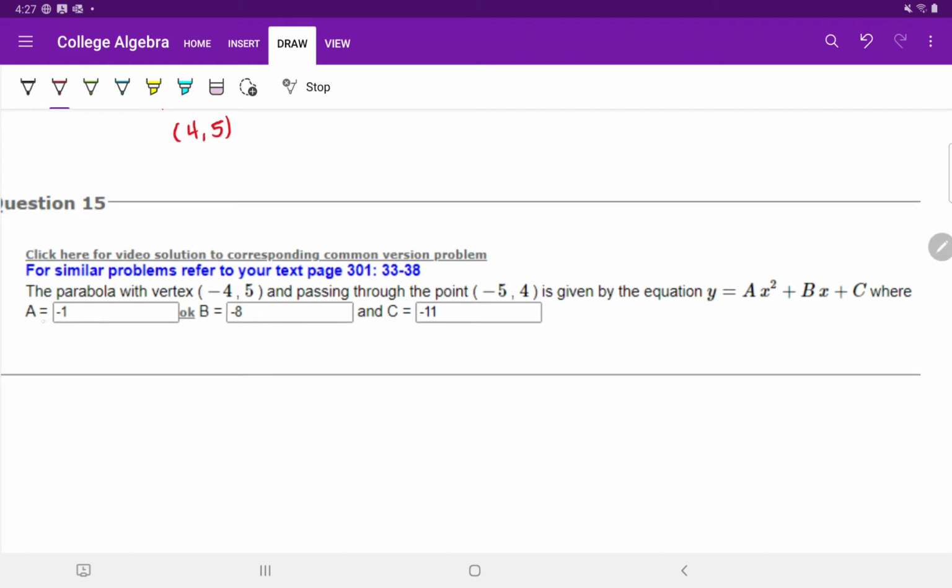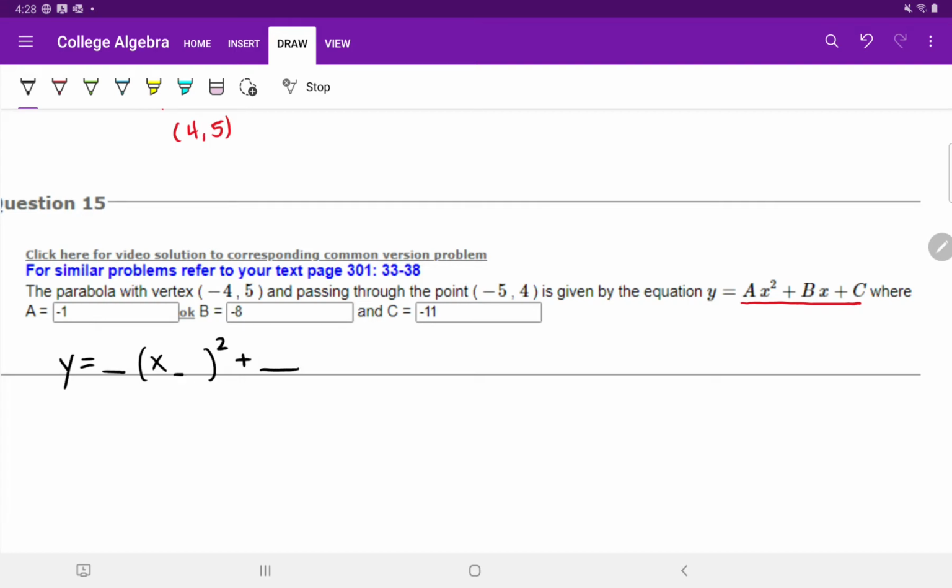Question 15 has us kind of going in the other direction. We have a parabola and they're giving us the vertex. They're also giving us a second point, and they want us to find our equation but in this form. So we're going to use the information we have to fill in. Oh, they didn't give us f of x, they gave us y. So let's write this. y equals blank times (x plus blank) squared